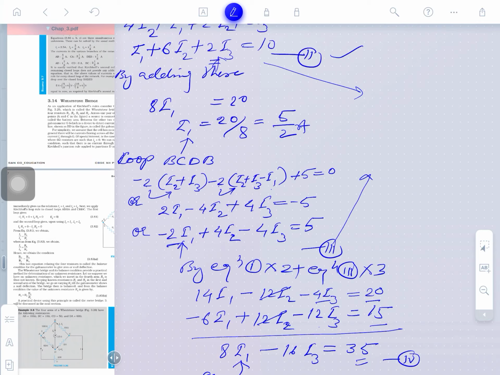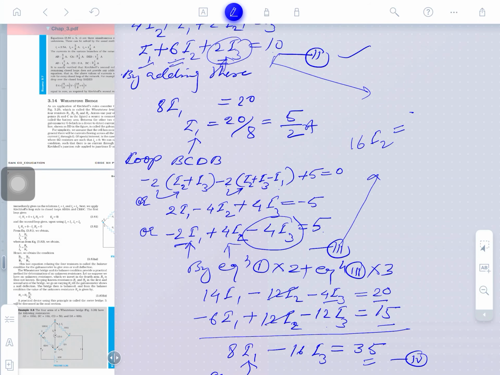Okay, so 2 2s are 4, and 4 is already here. So I3 will cancel. Here 4 and here 4 will also. So only 20 is there. So 2 times I1 and 2 times I1 is also. So 2 times I1, 2 times I1 cancels. Here 2 6s are 12, and here I2 is also there. So here will be 12 and what next is, and 4 16 I2 is coming, and you have 20, and here is what, 5 is there.